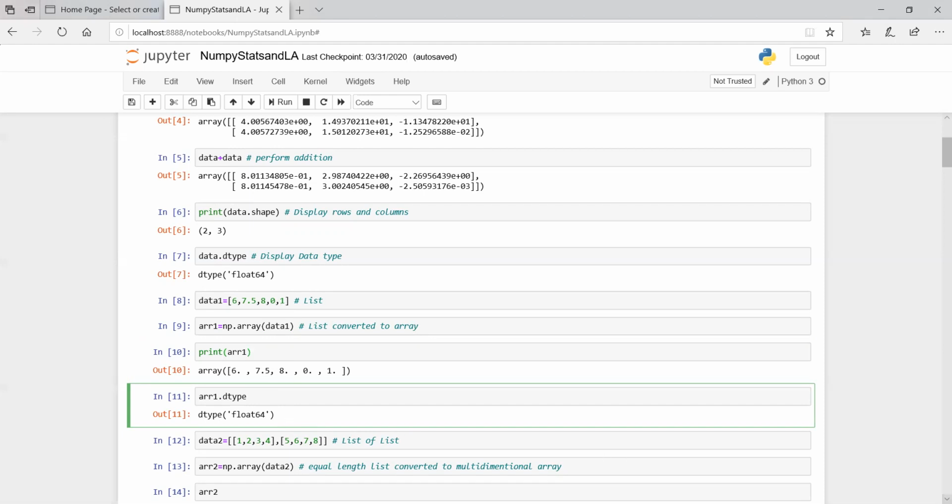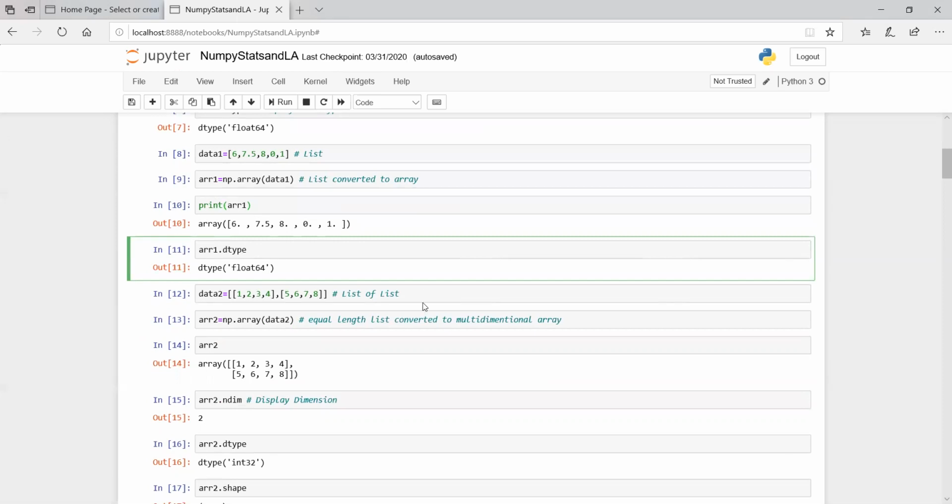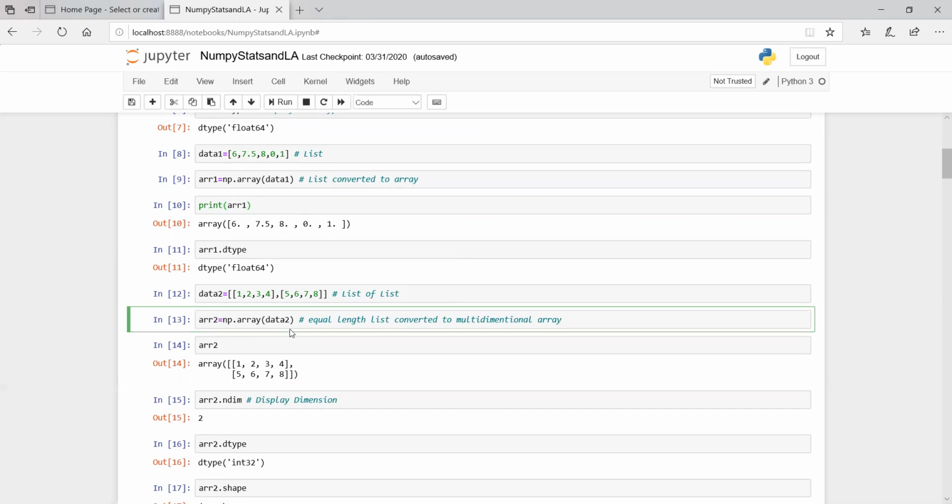Now this was a 1D array. If we want to create a 2D array from a list, we simply need to pass a list of lists to the NumPy array. So when we create array2 and pass it to np.array, a two-dimensional array will be created.